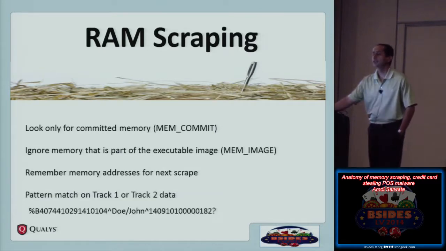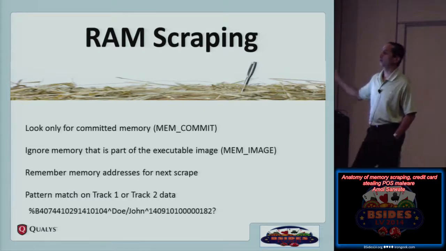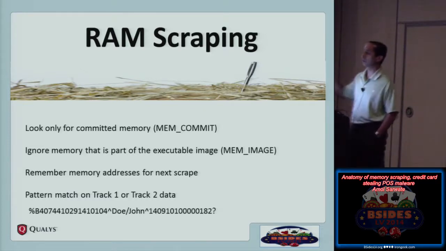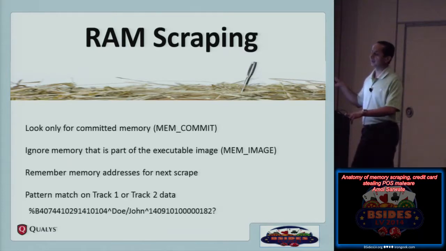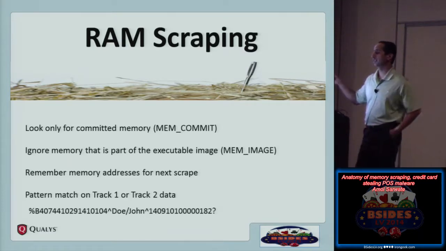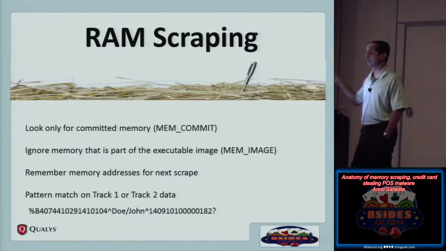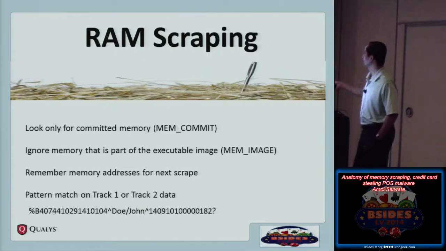And the last thing to do is to do pattern matching. From the track 1 and track 2 data that we just saw, we know that it starts with the % sign, then there is a B, then there is a caret. Of course, the credit card number would be a variable, and the name would be a variable, and it will change from card to card.